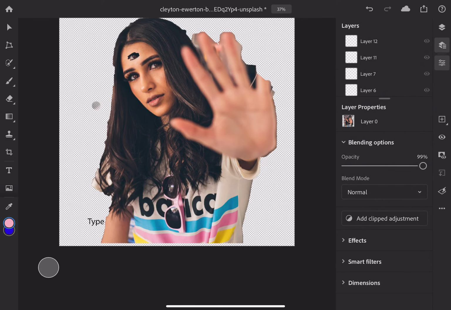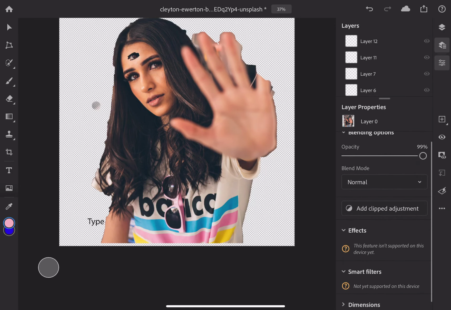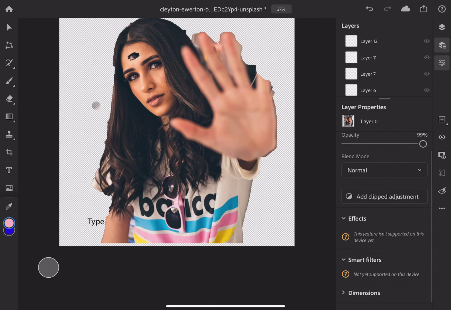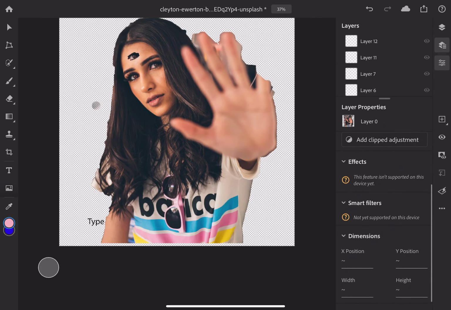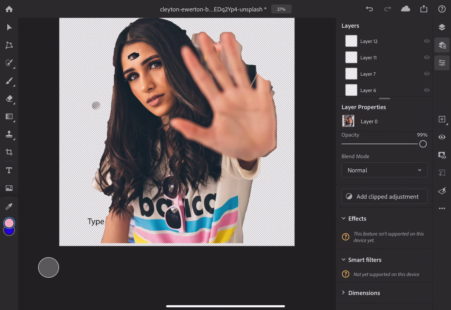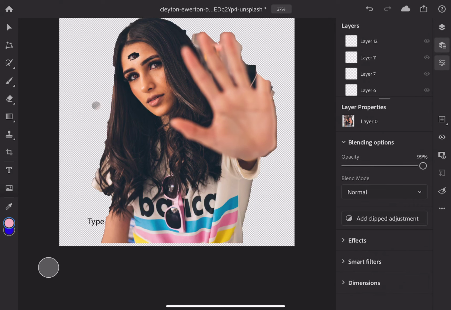But watch what happens. So I come over here to effects. This is your layer style. Sorry, it doesn't exist yet. Smart filters. You can't do any filters or smart filters. They don't exist. It just has some simple dimensions. So none of that stuff works. The only thing that does work is you do have a few what they call adjustment layers. So if I add a clipped adjustment layer,